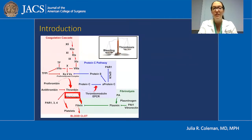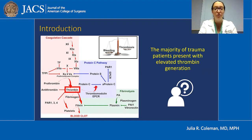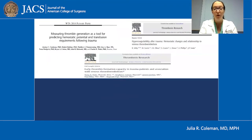We know that thrombin is a central component to hemostatic capacity and important to consider in trauma-induced coagulopathy. The historical dogma has been that the majority of trauma patients present with elevated thrombin generation, which is paradoxical considering many trauma patients present with a hypocoagulopathic profile. However, on deeper dive, you see that the majority of research looking at thrombin generation in trauma patients has been